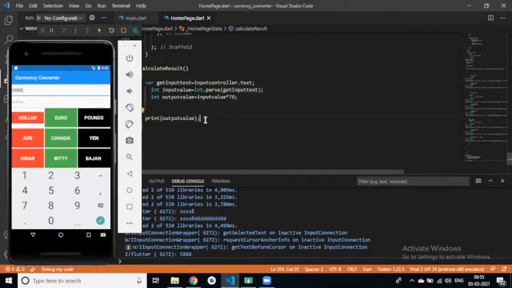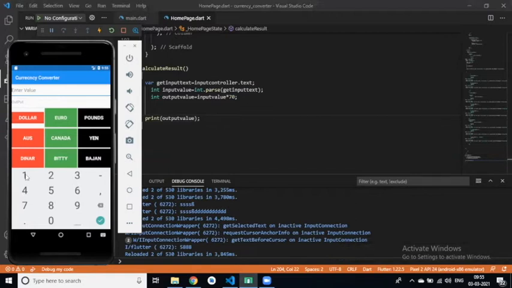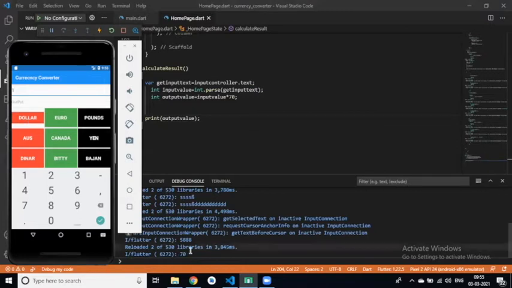So if I hot reload this program, now if I enter 1, what will be the output now, Divya? 70. You can see that.